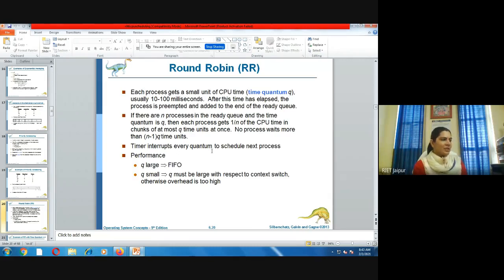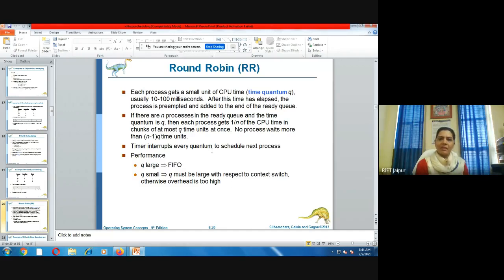But the selection of the time quantum is a challenge, and it is an area of research. If the value of the time slice is very large, then round robin scheduling will become FCFS, because we are assigning an equal share to all the processes on a first come first basis only. So if the value of the time quantum is very high, round robin scheduling becomes the first come first serve scheduling that we have already discussed. Then there will be no use of round robin scheduling.